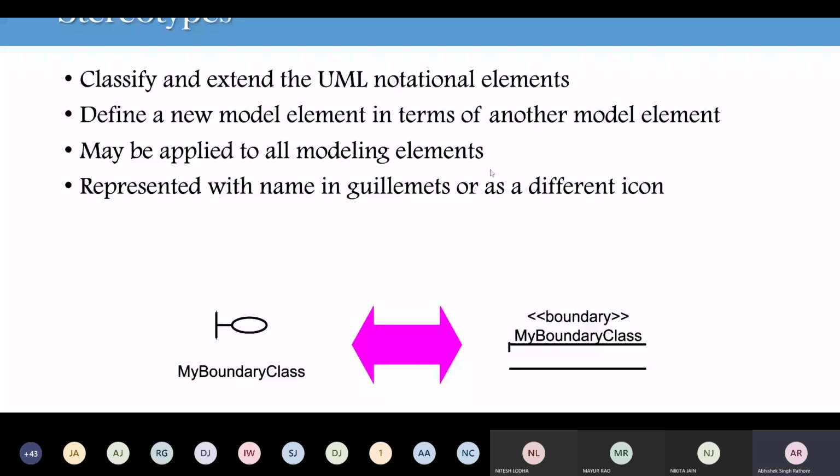Is my slide available to you? This is the unified modeling language. Is it available? No, I don't think so. Hello, sir. Okay, fine. Wait, I'll start sharing my screen again. Is this available? Not yet, no sir.